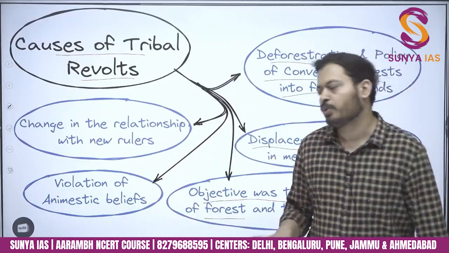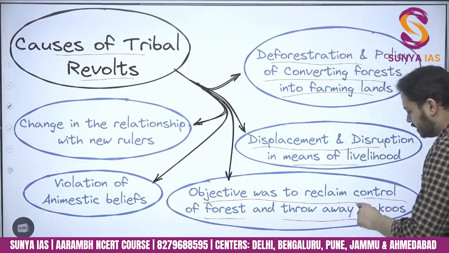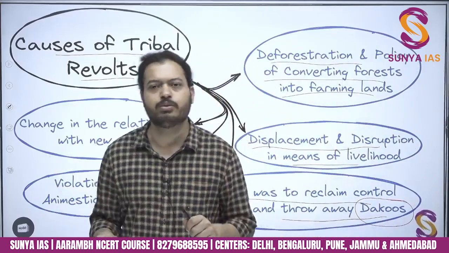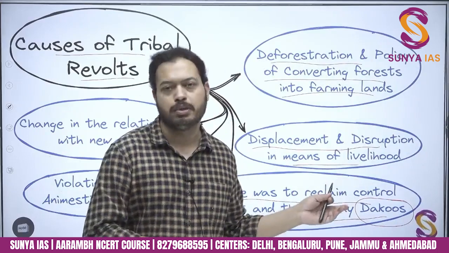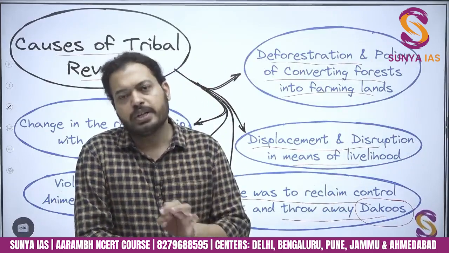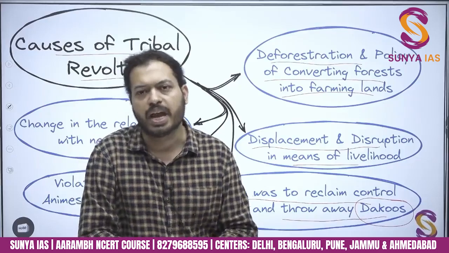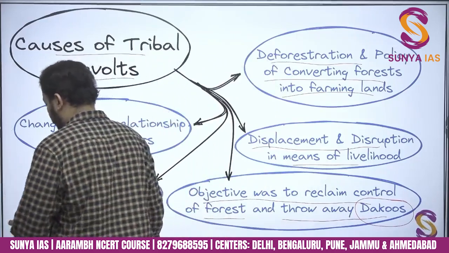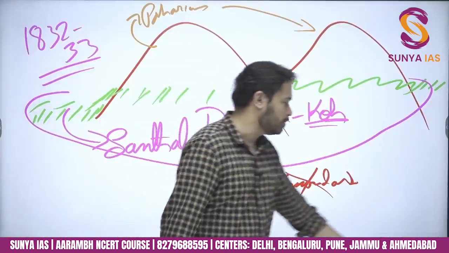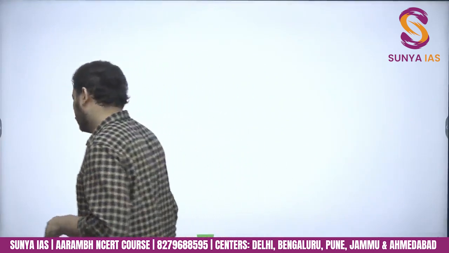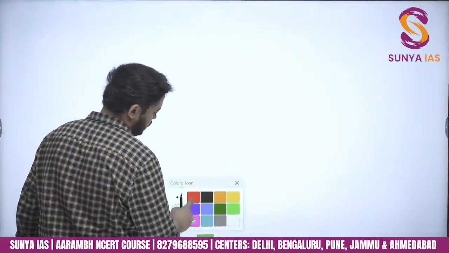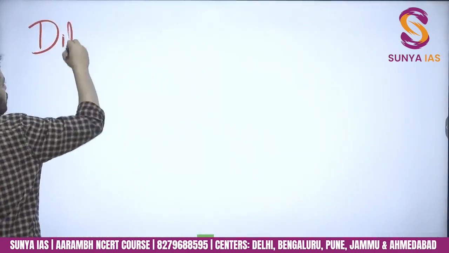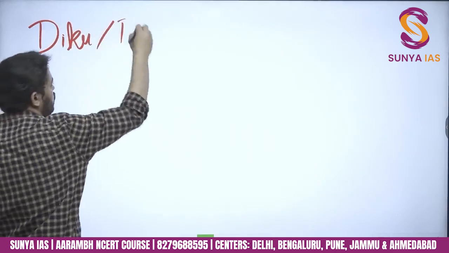Now, what are the Dakus? Now, Daku, I think everyone knows what Dakus are. Okay, bandits, Dakus. So this is a standard word which was used even by the tribal people. They used the word Daku for anyone who was an outsider, anyone who collaborated with the East India Company. Okay, a huge misconception is that the tribal people used to call only the East India Company Daku. No. Daku, or in many books the word used is Diku. It's basically Daku only. Okay, Diku or Daku,